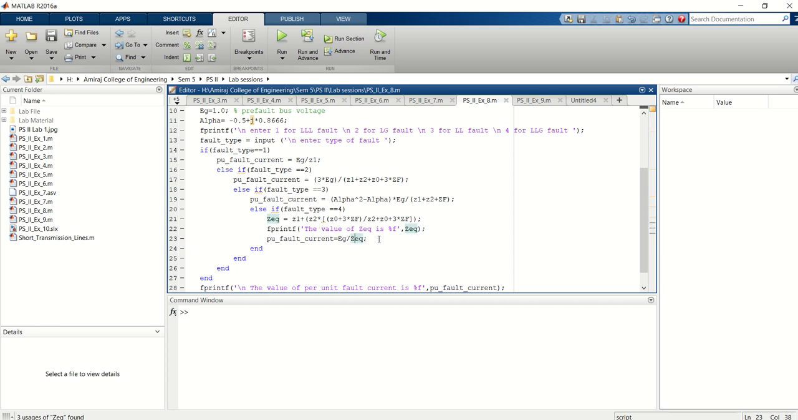Now there can be one more possibility. If the user has entered something else, something which is not either of these, something different from 1, 2, 3 or 4, like the user has entered 0, then what? Then the code will not move forward. So you can add one more if loop